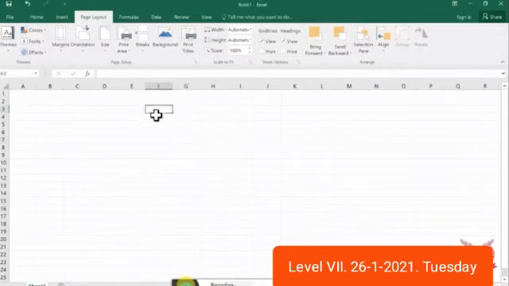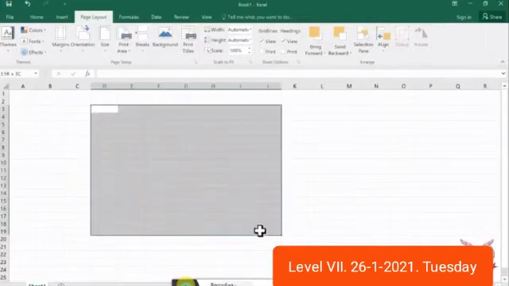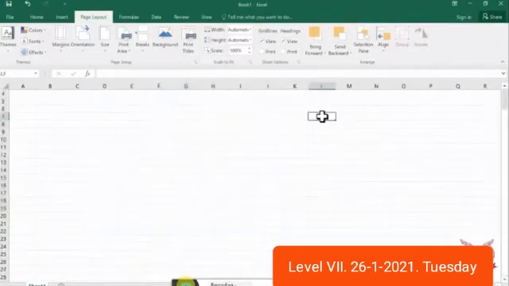Now I am going to tell you about range. A range is a group of cells. This is the range of a column. This is the range of different groups of cells. Now I am going to tell you how to identify a range.